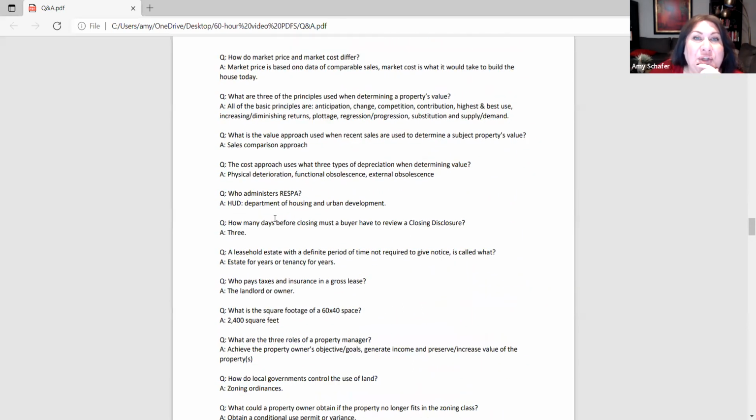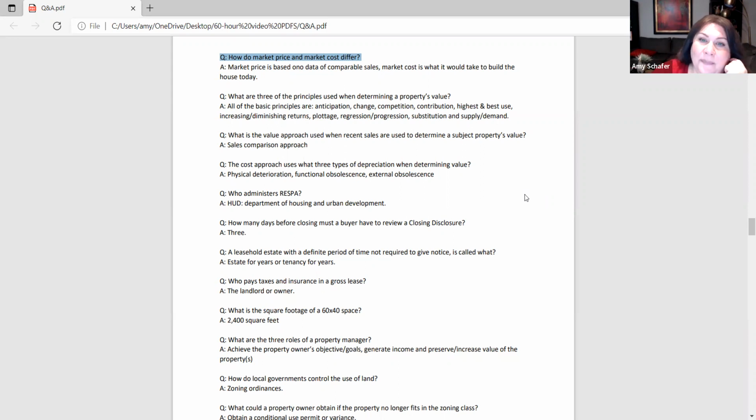Now we're going to get a little into appraisals, it looks like. On the appraisal or valuation and market analysis section, you will have 6 test questions. Market price and market cost do differ. Market price is based on data. Market cost is based on rebuild. But keep in mind, what the appraisal is doing is looking for market value. It's the most likely price that a seller is willing to sell and a buyer is willing to purchase, again,